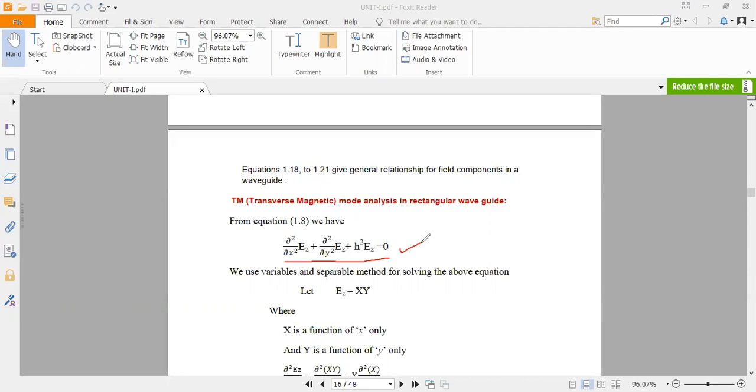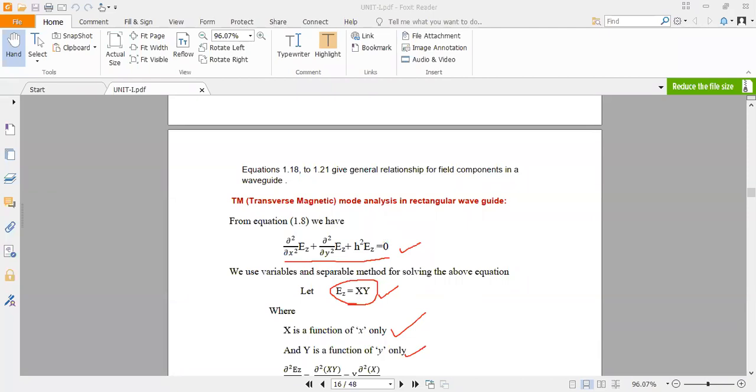So how do we find the solution of this second order differential equation? Using the variable separable method, we can derive the solution. For that, what is Ez we have taken? Ez is taken as capital X into capital Y, where X is a function of x only and Y is a function of y only. And by substituting Ez equal to X into Y in the Helmholtz wave equation...